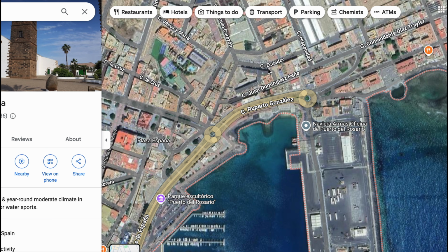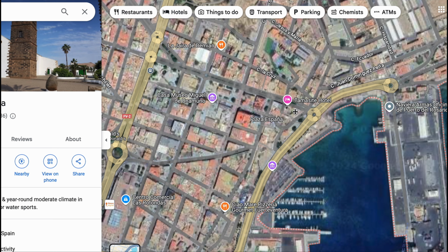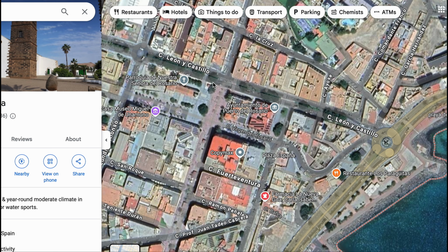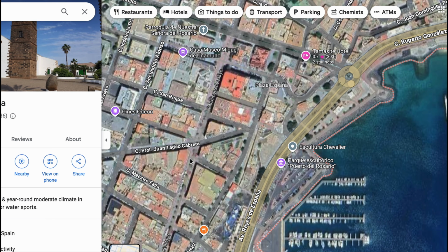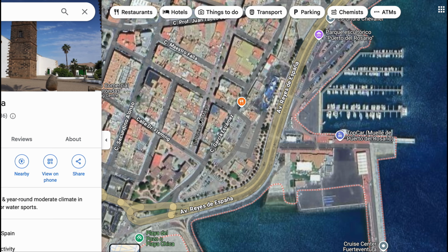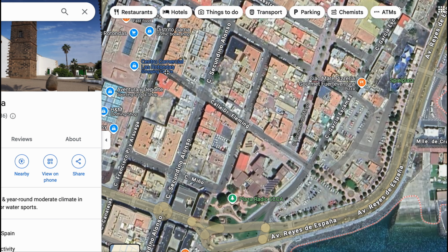No doubt you're watching this because you're visiting the island, either on a cruise or on vacation, and you want to see the route I take. So I'm going to show you basically from the cruise centre terminal, as you can see. We'll start the walk at the top where the water fountain is at the bottom of Leon Castillo, and then I will walk up to the Senora de Rosario church, and then basically I walk all the way down here where you'll find lots of restaurants down to the Calle Fleming. Okay, so from the bottom here you can basically head, if you wanted, back towards the ferry terminal here on the left,